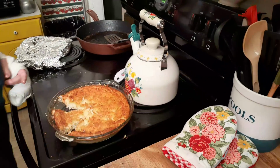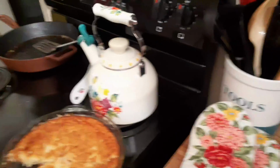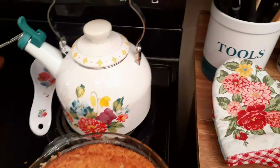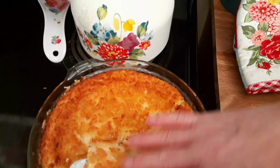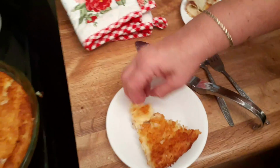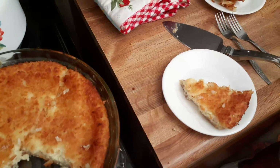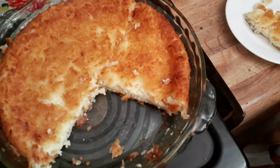Let me do it? Please. Let me show you how to do it. Go ahead. I'm just going to hold it in place. See what you did? Well, I ain't that bad. Thank you anyway. That's great. I'll eat this piece. I don't care. You can eat that one. It looks like a cheesecake thing or something, but...